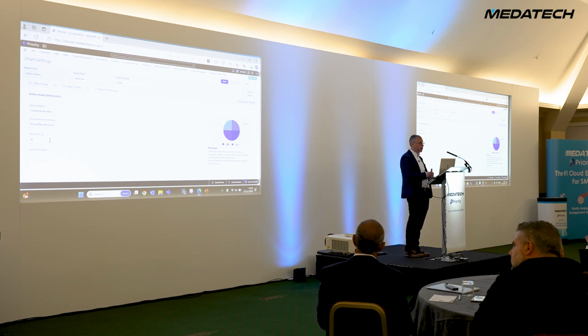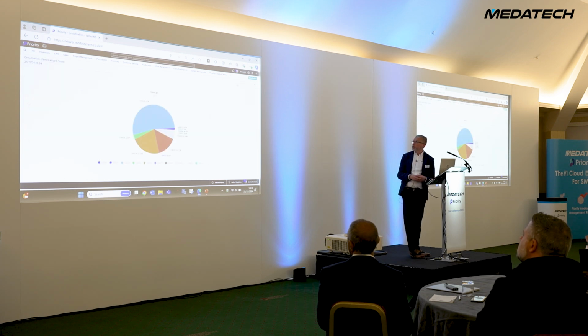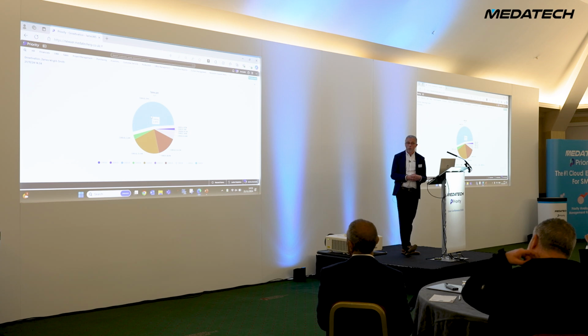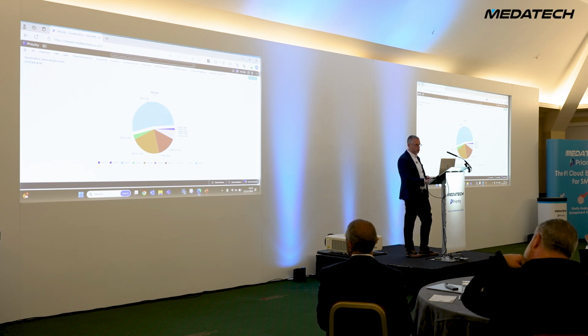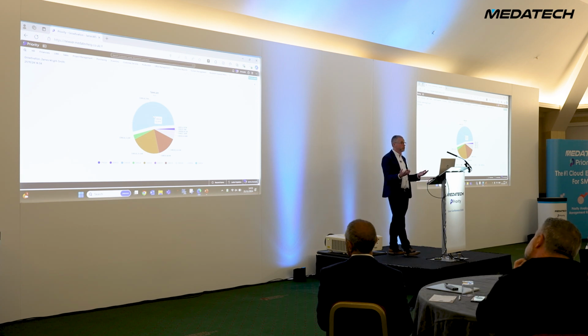So in this case, we're showing our top 10 sales. So let's just save that and run that report. And as if by magic, that creates that report. And we can see by customer, I should have put customer name in there. We can see by customer what portion of the pie chart is and what the value of that is, as well as the percentage. And this is the sort of thing that we would use in our management team meeting to discuss our figures within